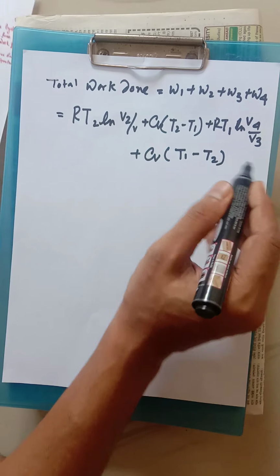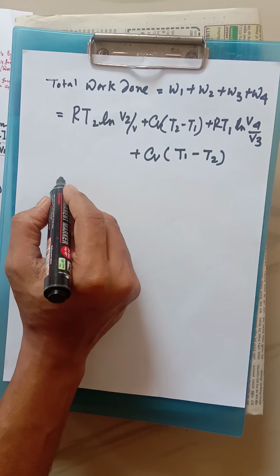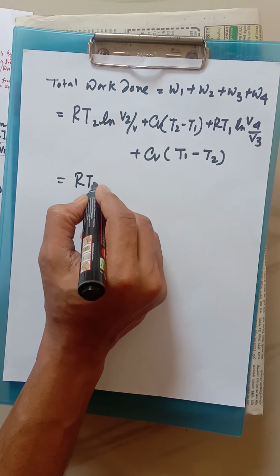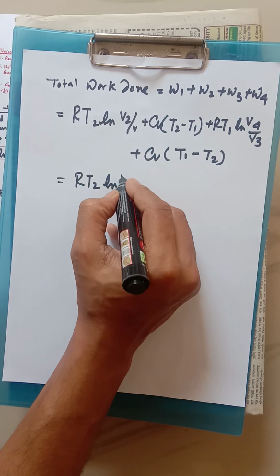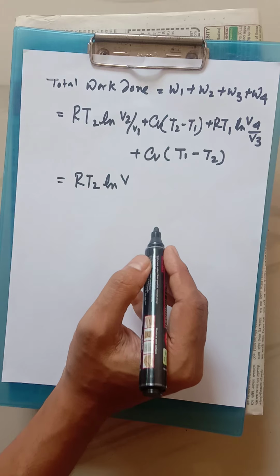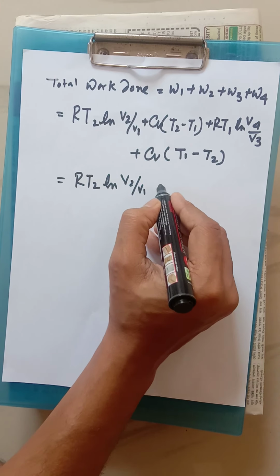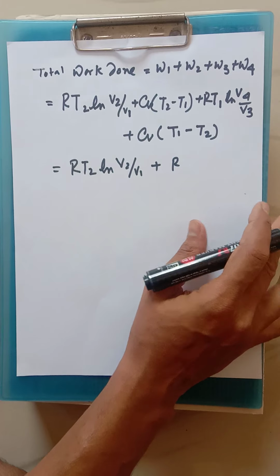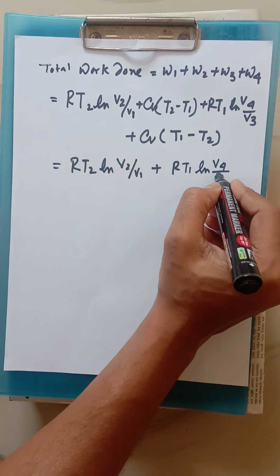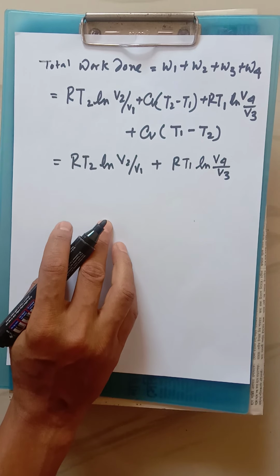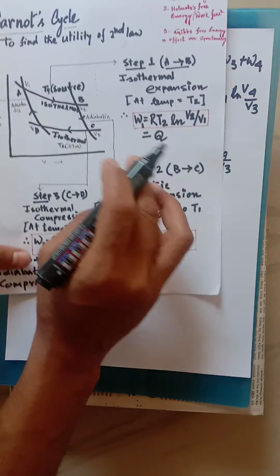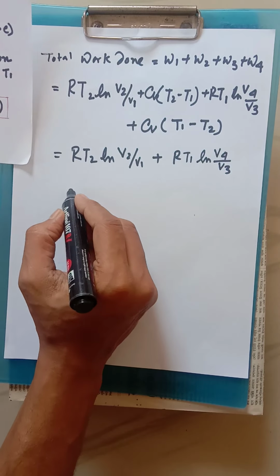So we have got these values. After addition, the CV terms will cancel out. This and this two will cancel out. The remaining part will be RT2 ln V2 by V1 plus RT1 ln V4 by V3. Now mathematically we can prove from the diagram, because the adiabatic curves are parallel, that